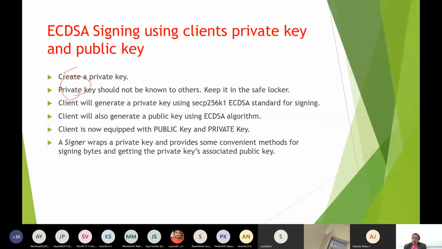Again, very familiar, what you should have is the same network, where everybody is speaking to each other and we can talk to each other, right? So a signer wraps a private key and the public key is available.